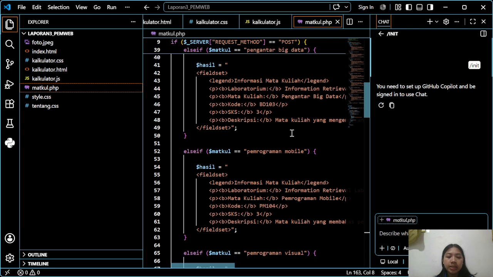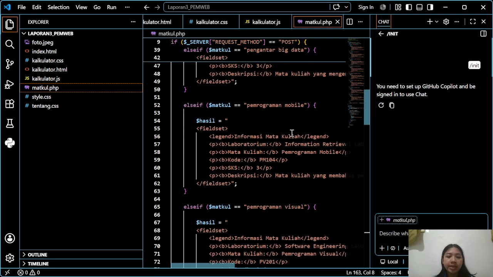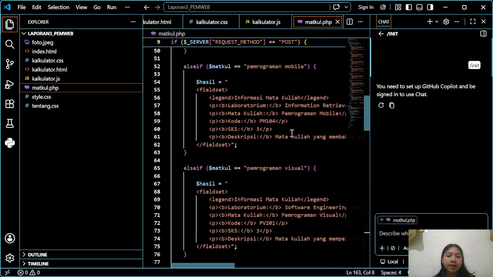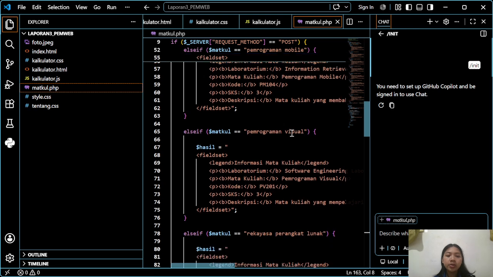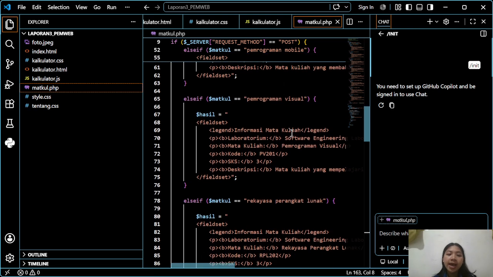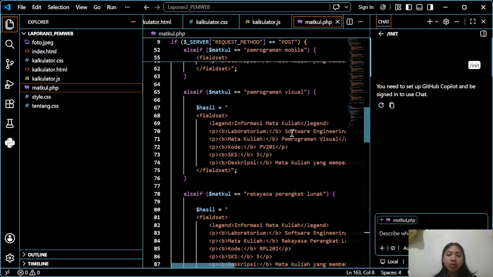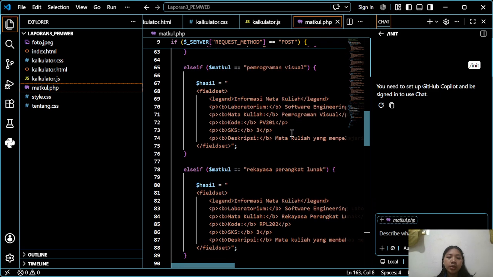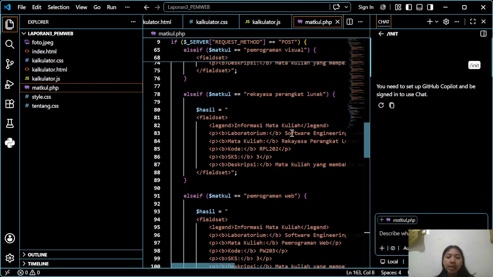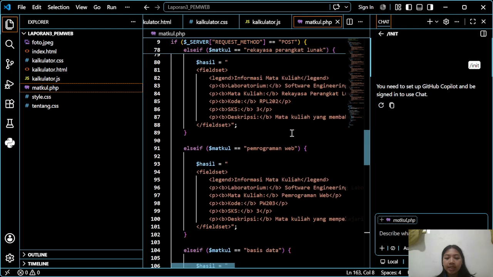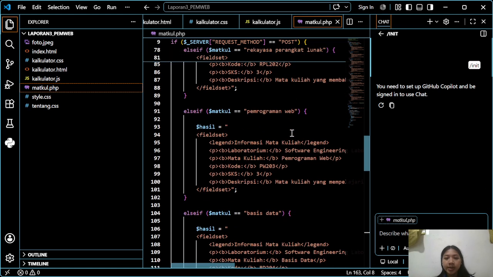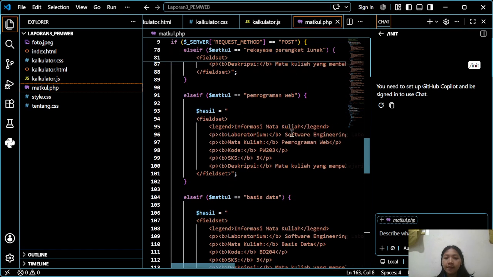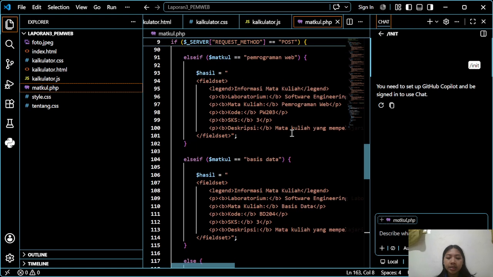The form uses the post method to send data from the browser to the server. I use the trim function to remove unnecessary space and strtolower to convert the input into lowercase letters. This makes the search process case insensitive. The main logic uses if and else statements.